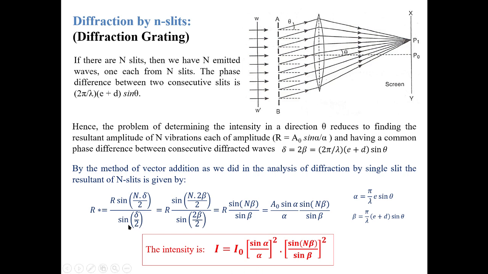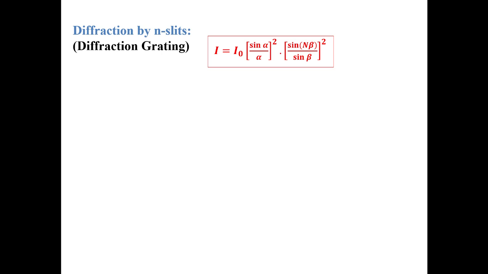So the intensity will be the square of amplitude. So intensity due to grating will be I equal to I naught sin squared alpha upon alpha squared, times sin squared N beta divided by sin squared beta. Having this expression for intensity at the screen by grating, we can check the validity of this expression for double